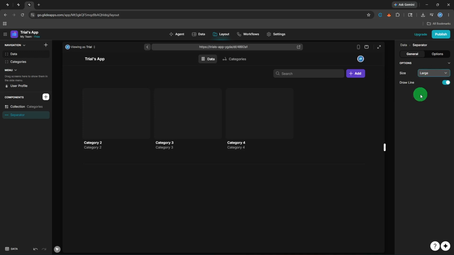If your screen feels crowded, try a larger size to create clear separation. If it feels too spaced out, reduce the size for a tighter layout. As you tweak, watch the live preview so you can see the effect instantly and fine-tune the look to match your design. When you're satisfied with how your separator looks and how it structures the page, go to the top